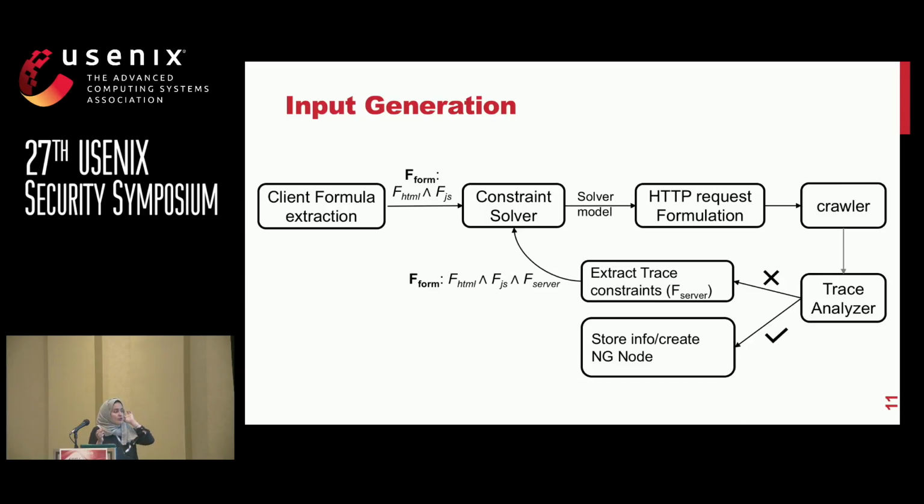So for that reason, we analyze the trace information that we got from the trace engine to check if the application accepted the inputs or not. If the application did not accept the form, we analyze that trace to extract the constraints from